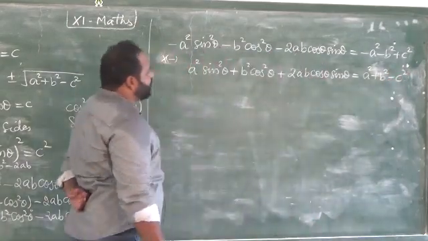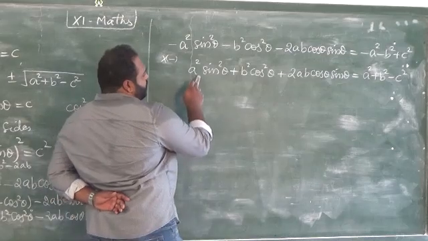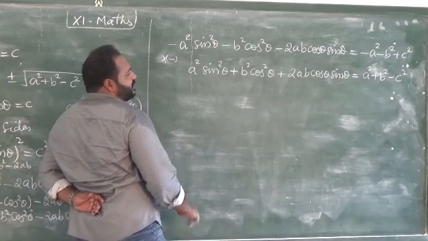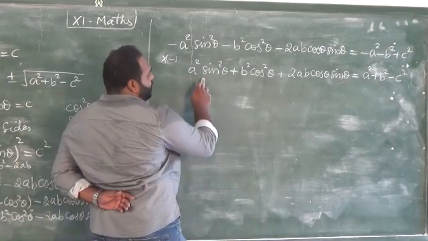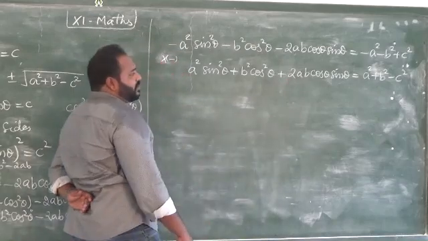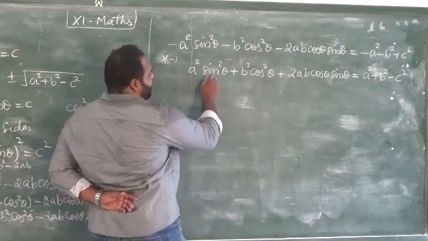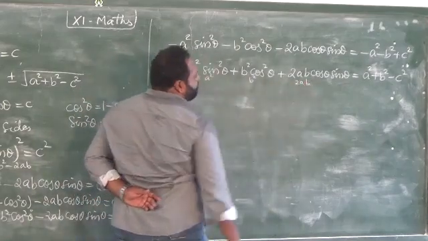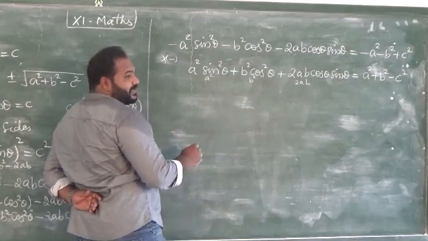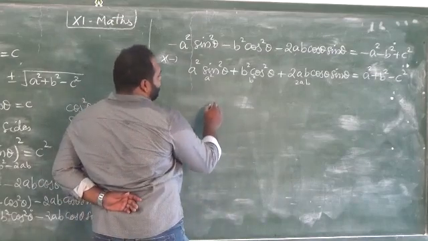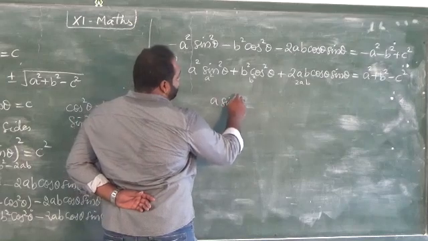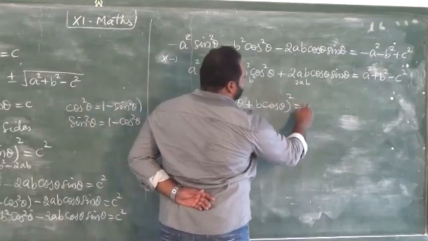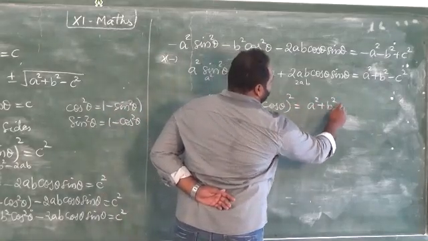So now look at this step. This is in the form of A square plus B square plus 2AB, no? So can I simplify this left hand side? What is the formula for that? A plus B whole square formula. Here it is A, it is B. A square, B square plus 2AB expansion. The left hand side is A plus B whole square. So here what is A? A sin theta plus B cos theta whole square equal to A square plus B square minus C square.